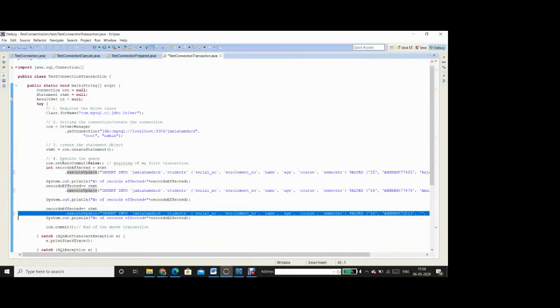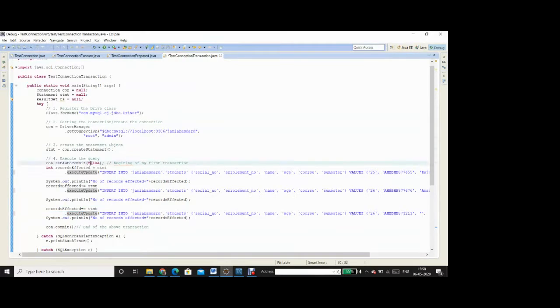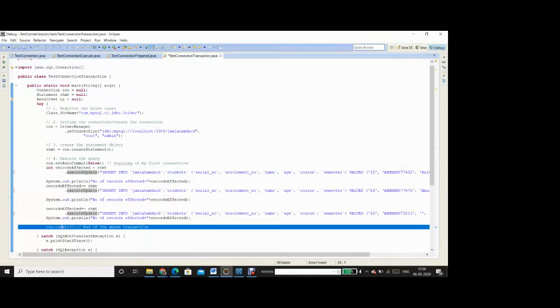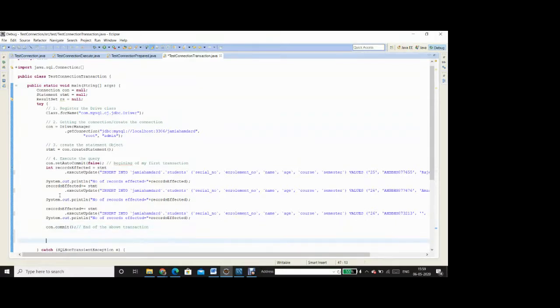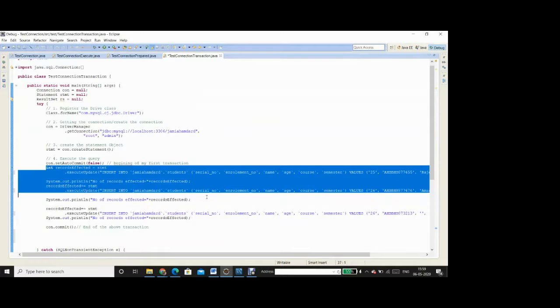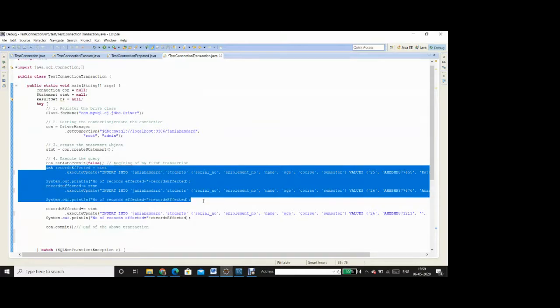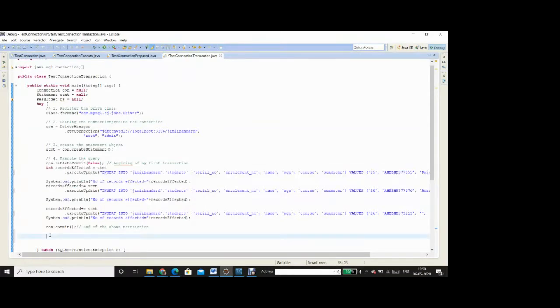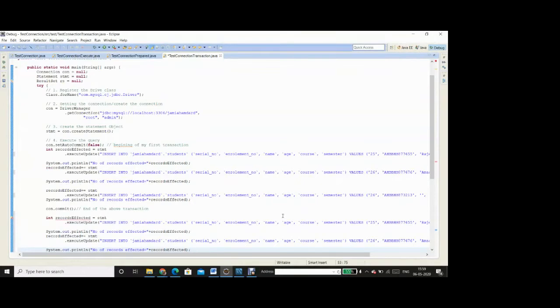So basically, when you say con.setAutoCommit is equal to false, this is the beginning of the first transaction. And then when you say con.commit, that marks the end of the transaction. Then for further transactions, you can just keep on copying, say another, let me say we have got another two records over here, and let me paste them here.